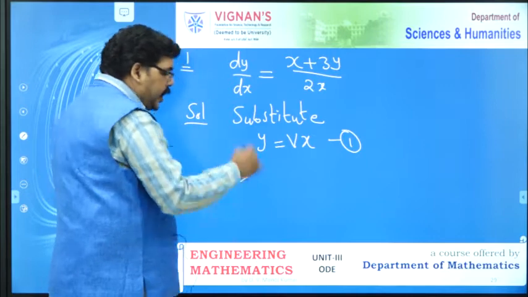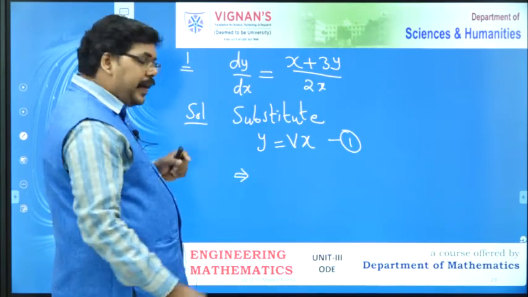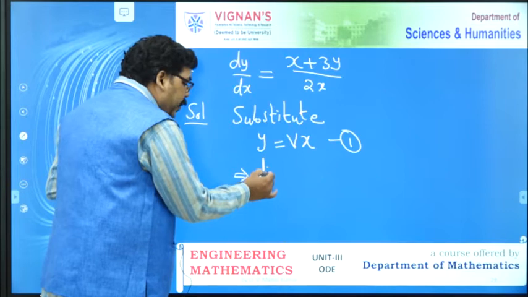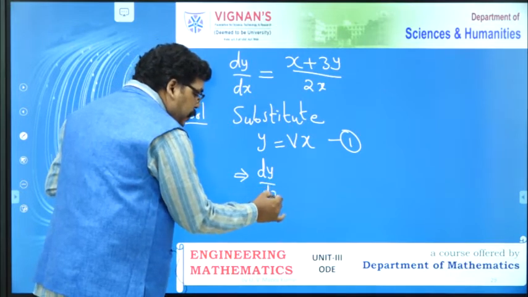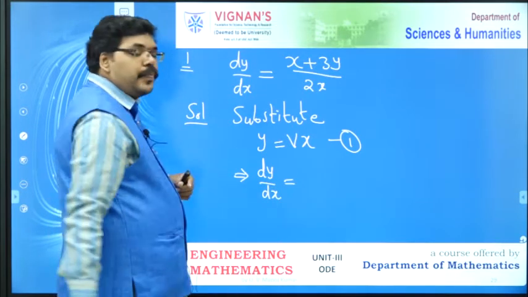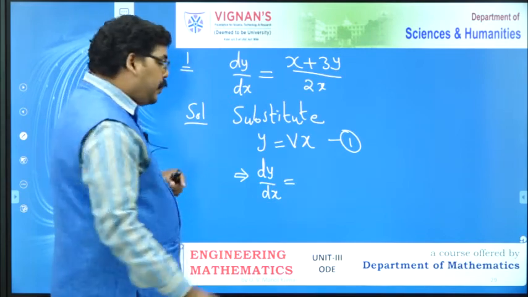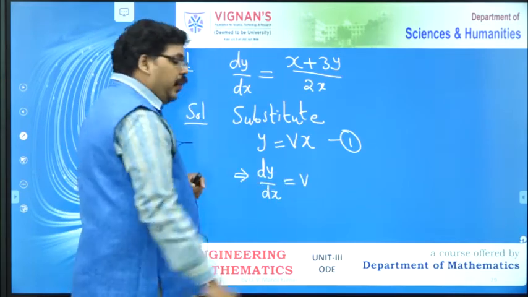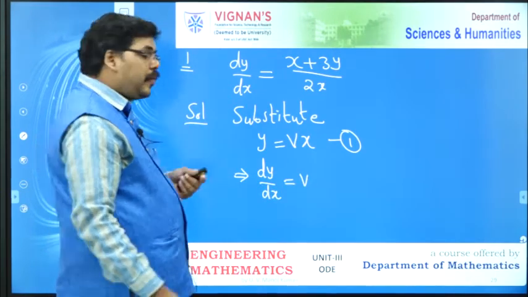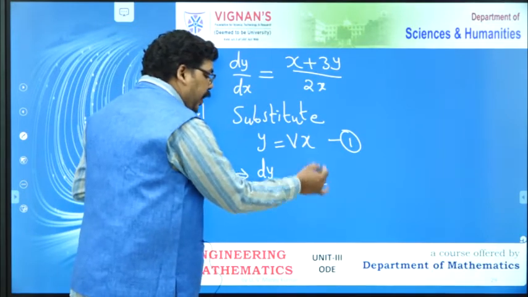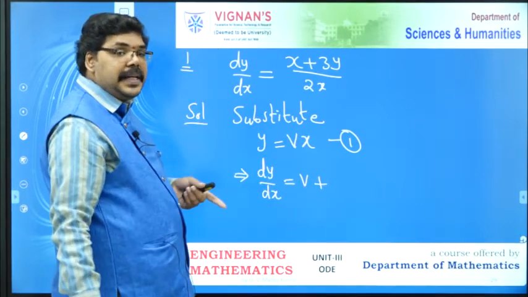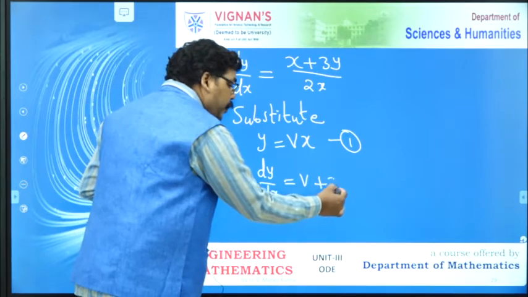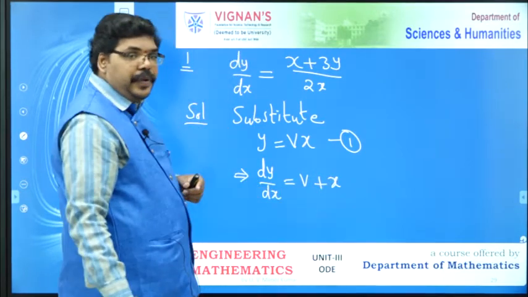When you differentiate y with respect to x, dy by dx equals, apply the product rule, v into the derivative of x, 1, v into 1 is v, plus x into the derivative of v,